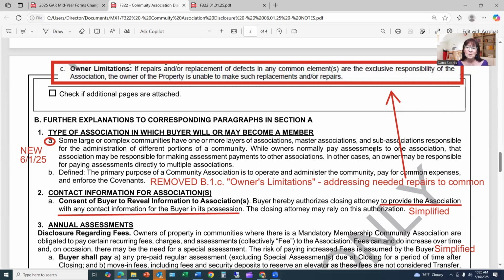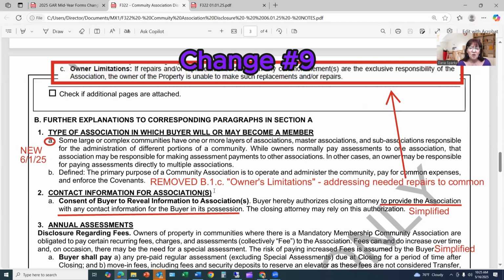While owners normally pay assessments to one association, that association may be responsible for making assessment payments to other associations. In other cases, an owner may be responsible for paying assessments directly to multiple associations. So sellers need to find that out. This is more information for a buyer. So that paragraph is new.